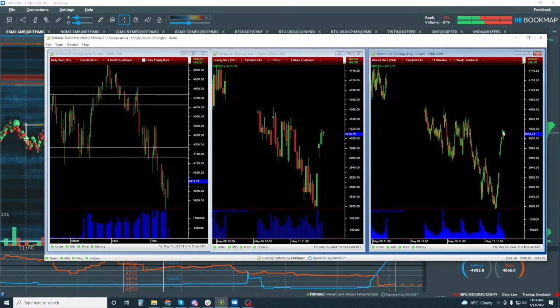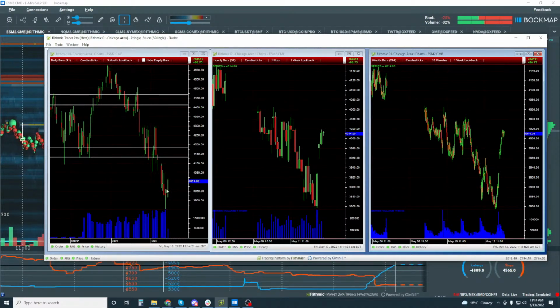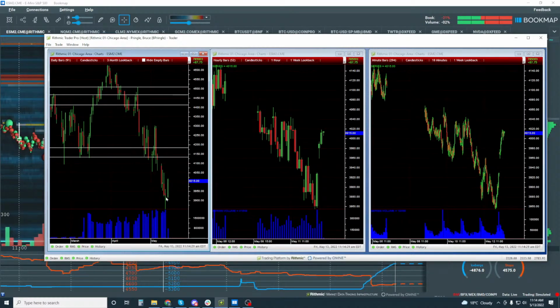We can look at our 10-minute chart here, and you can see it's kind of slowed down a bit, but order flow on these two charts still looks pretty good. Even on the daily here, it still looks pretty good for it trading up higher, especially after yesterday's action. Look at the big rejection and wick down here,